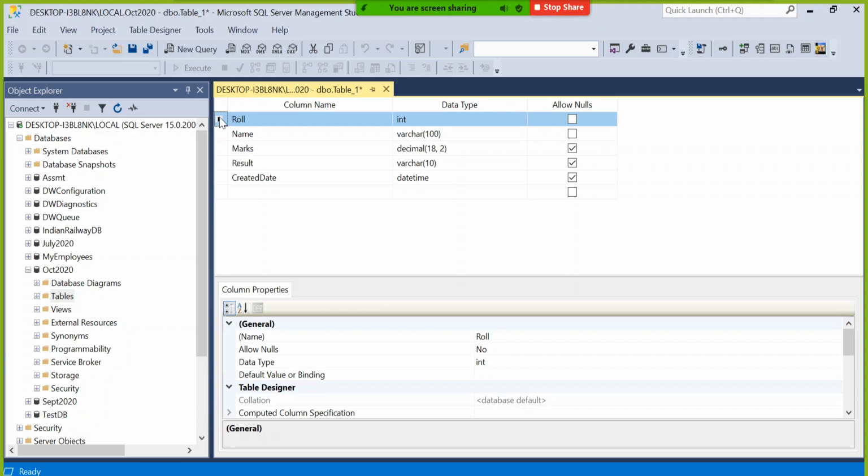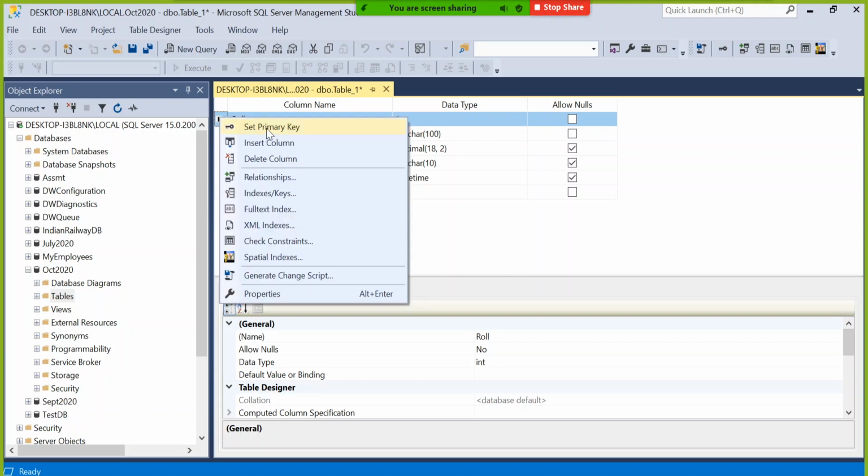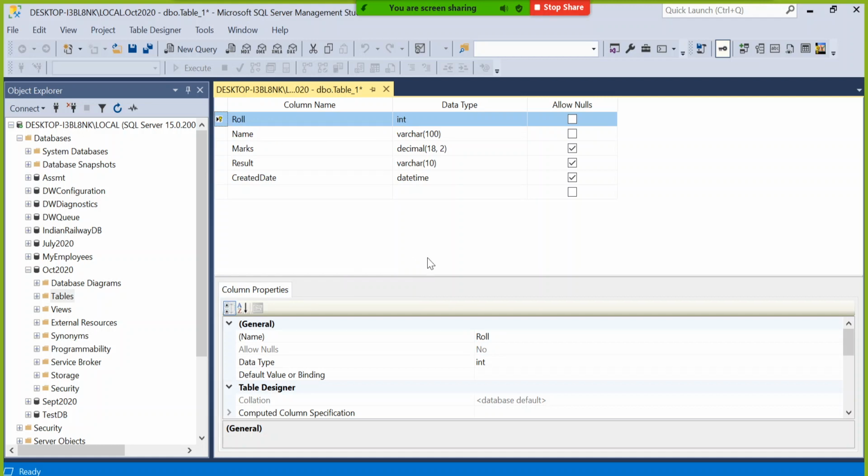So I will right click this roll number and click on set primary key. Primary key is the unique identifier for the entire table. As per the relational database management system, RDBMS, rule, every table should have one primary key which will uniquely represent the entire dataset.